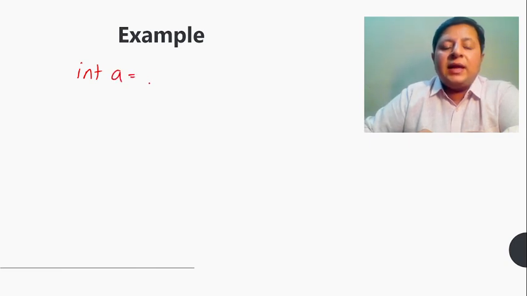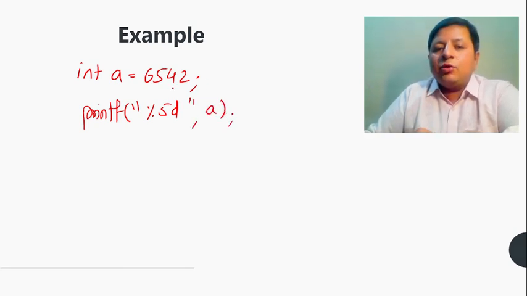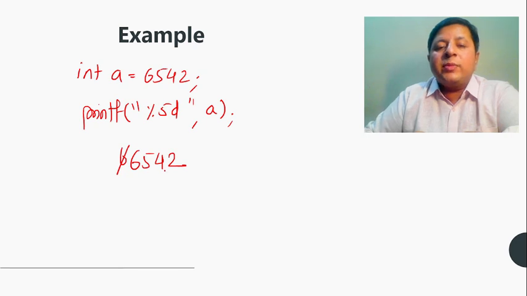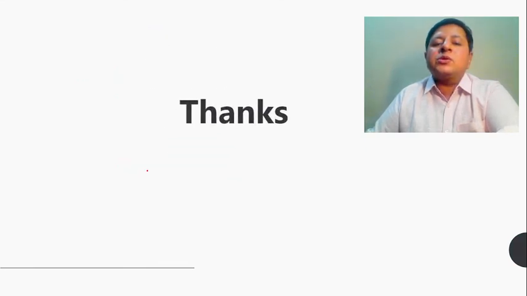Let me just take one more example for the sake of explaining things further. So if I have int a as, let's say, 6542, and if I say printf %5d, a very simple example. I guess by now you might have even prepared your answers. That is 6542, there are 4 digits or 4 characters, but the fill width is specifying minimum 5 characters, so it would display 6542 with a blank space, so as to make the fill width of 5. Clear? So that is how fill width can also be used with printf.